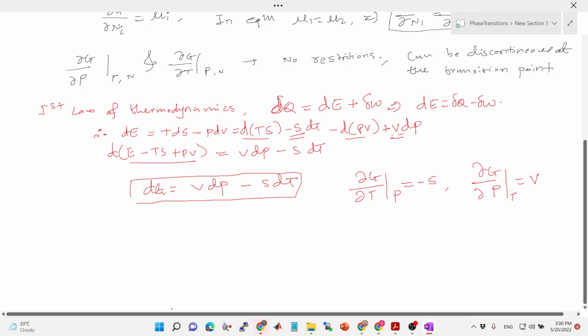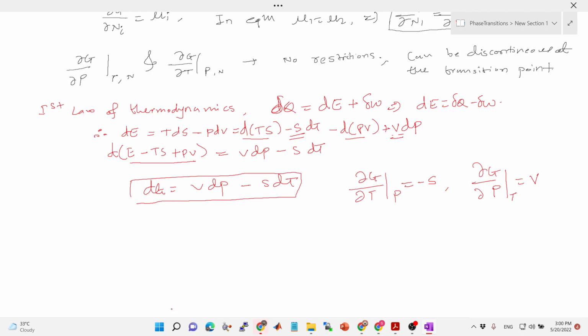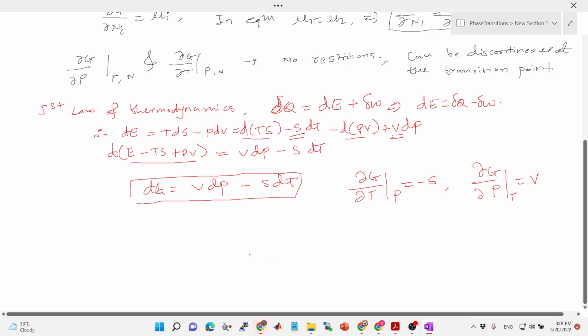Now what that means is that these derivatives are nothing but the volume and the entropy of the system. Now if you find that S1, that is ∂G1/∂T at constant pressure, and S2, that is ∂G2/∂T, and if S1 is not equal to S2,